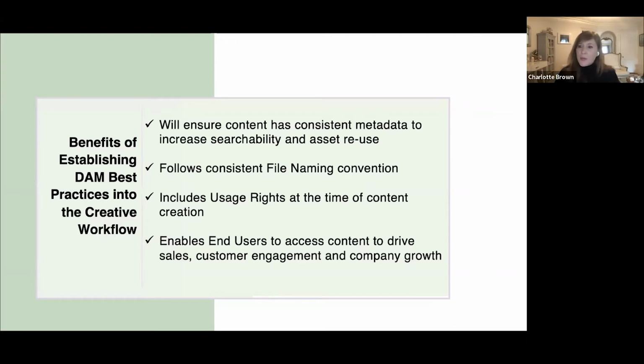And we never want to be the point where content is being held up, because it is a complicated process. So it's constantly looking at the DAM and our best practices to ensure that the platform is easy to use. And also the processes, because I believe that you can go with the best DAM, but you also need a process. And the benefits of establishing the DAM best practices into that creative workflow are, it's going to ensure that